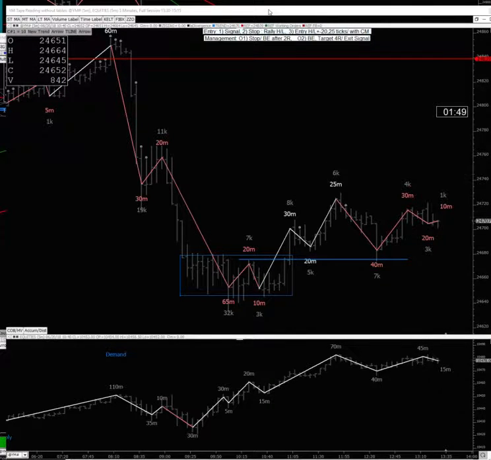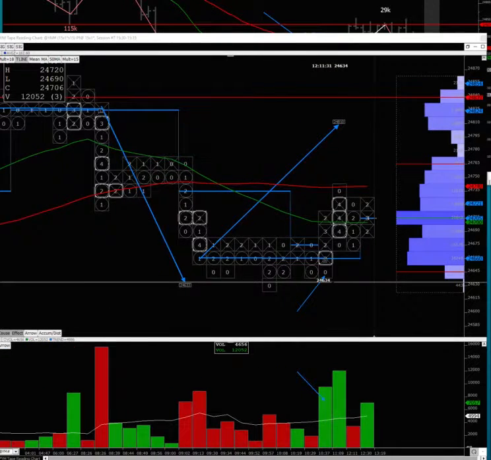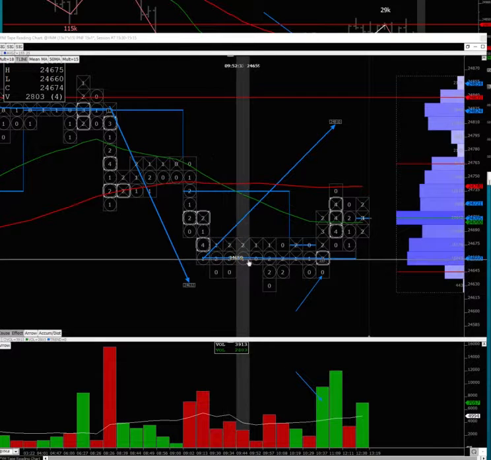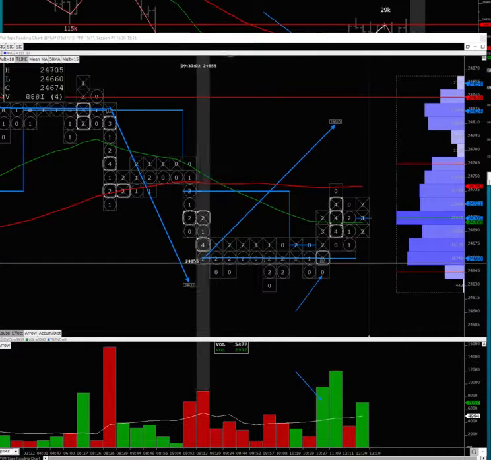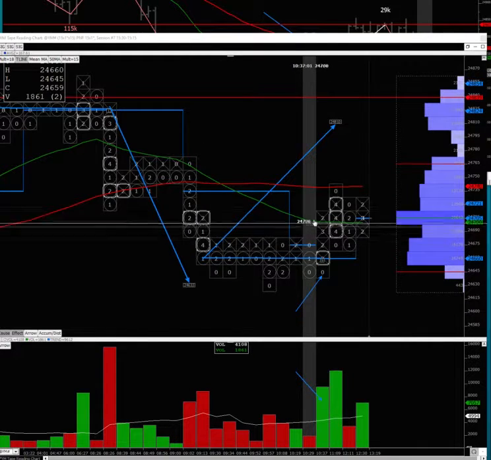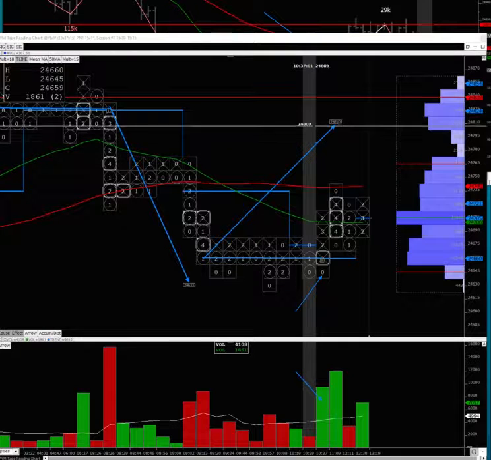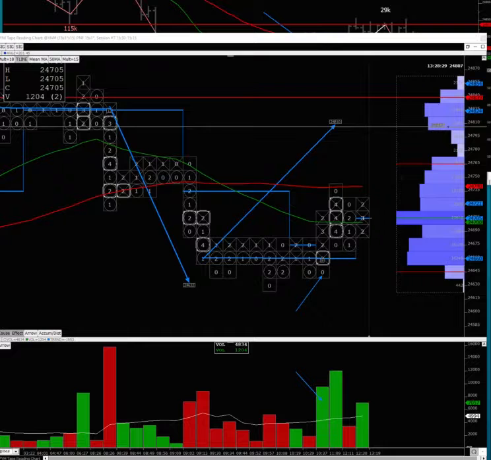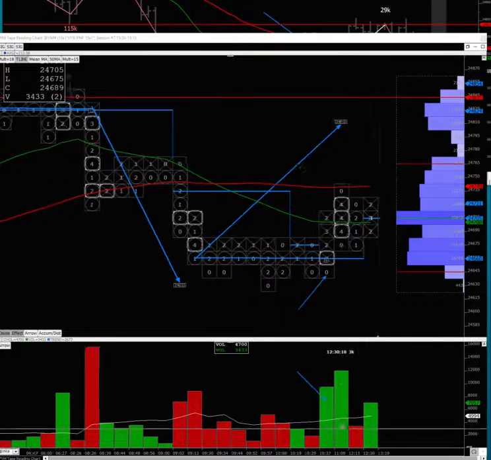However, going back to the point and figure, the count across this line is 1, 2, 3, 4, 5, 6, 7, 8, 9, 10. Across this line, 1, 2, 3, 4, 5, 6, 7, 8, 9, 10. So it projects to 24,810, around 24,810. That's where the projection is. And from what I see, the pullback of supply,